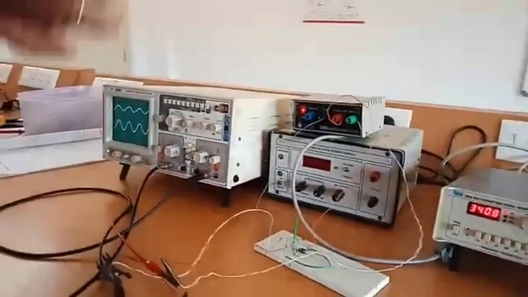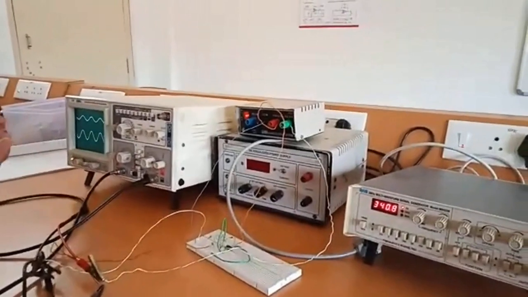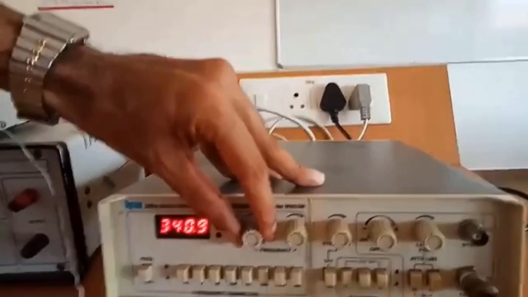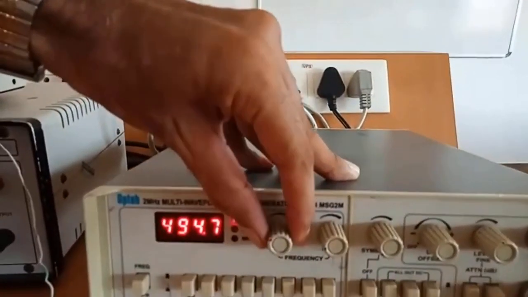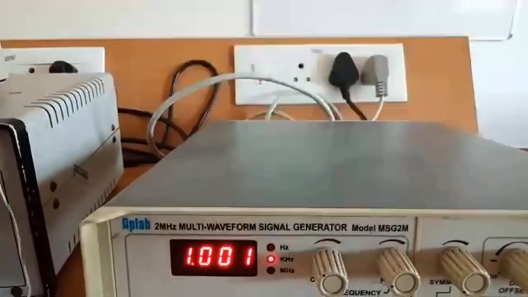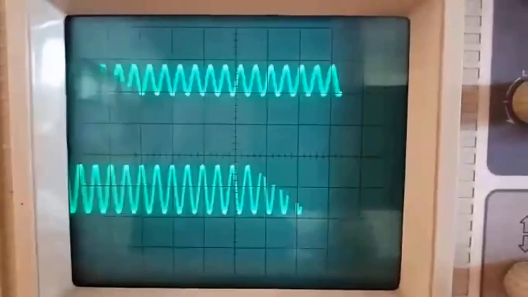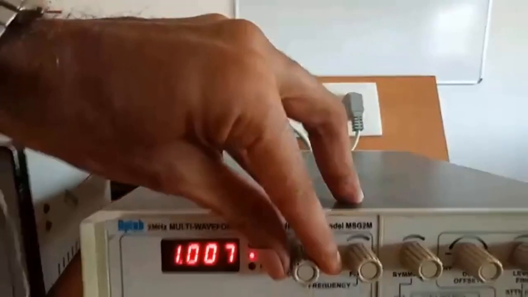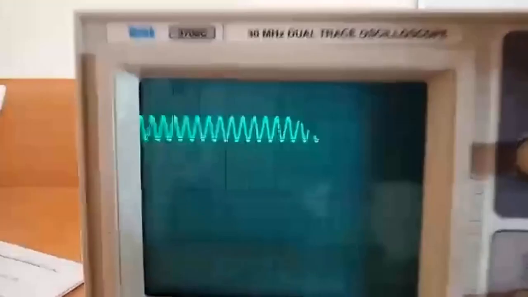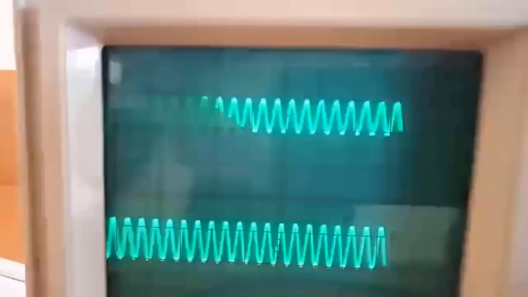How to find the 3 dB point? Just multiply the highest voltage by 0.707. So it is 1.414. So at what frequency do we get 1.414? That we will check now. I'll go on increasing towards the cutoff frequency. Somewhere here, let us check what the output voltage is. The output voltage now is around 1.8. Still it is not 1.414, which is what I'm expecting. I'll increase further. Now I will check. It is around 1.4 I can see. Is it 1.4? A bit less.